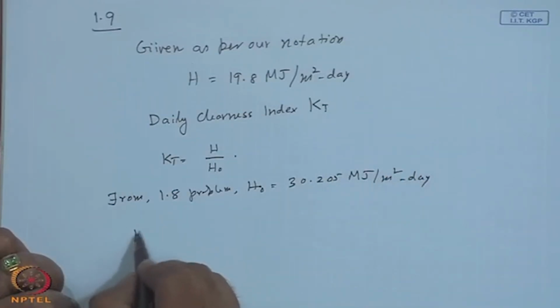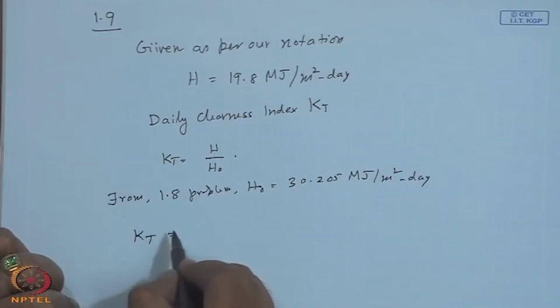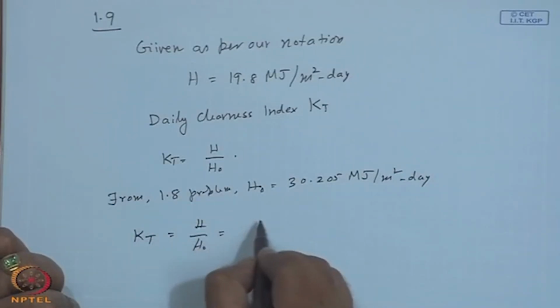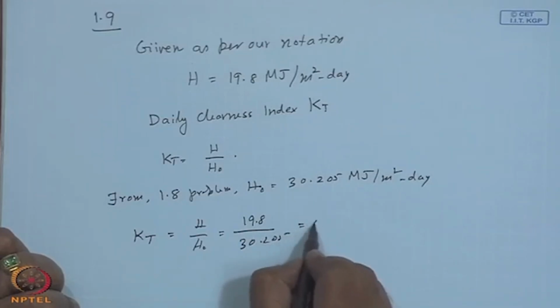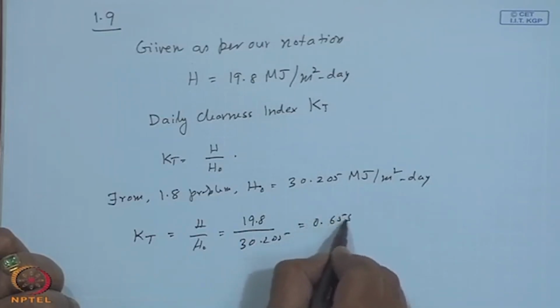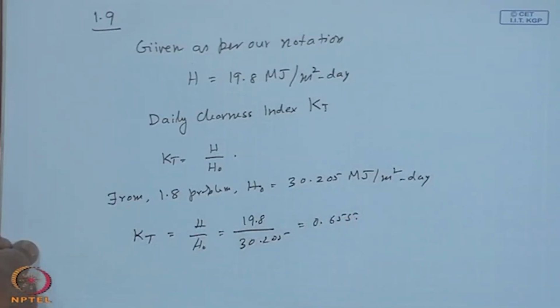So, your clearness index K T will be H by H 0, which is 19.8 by 30.205, equal to 0.655. So, it is not that it is a great calculation,